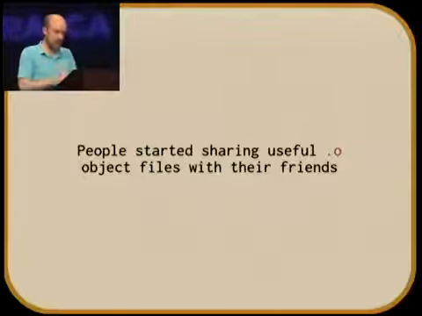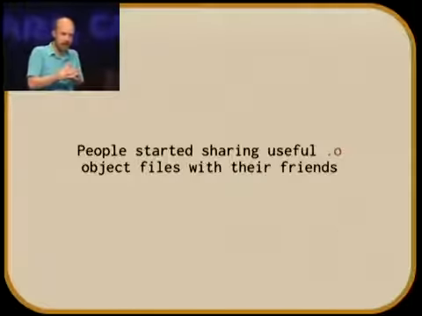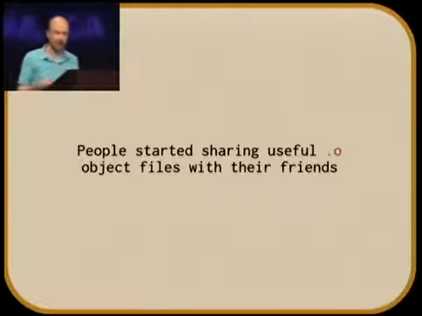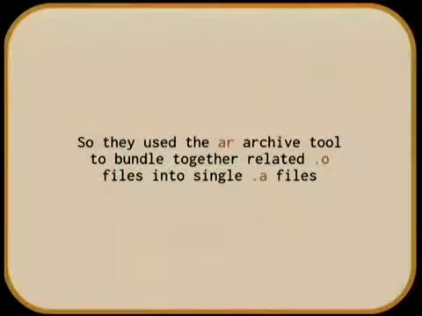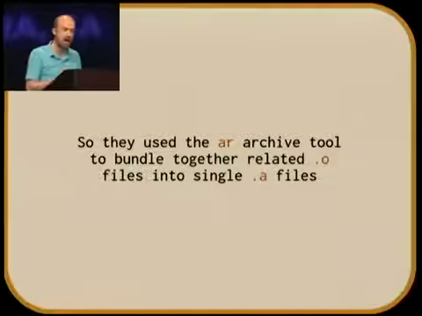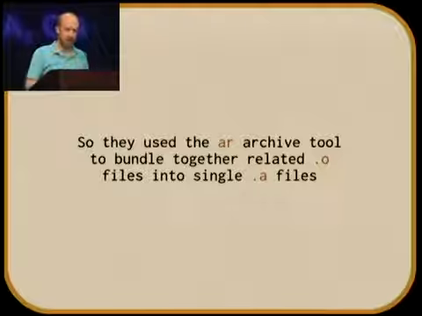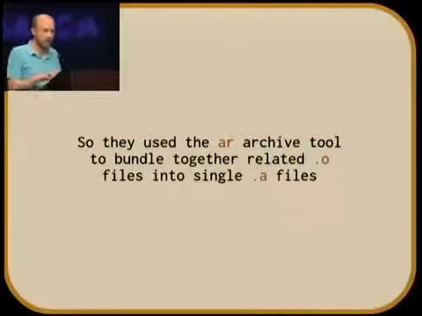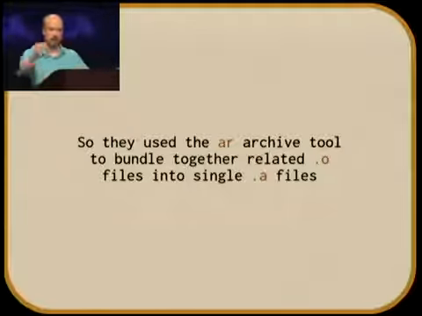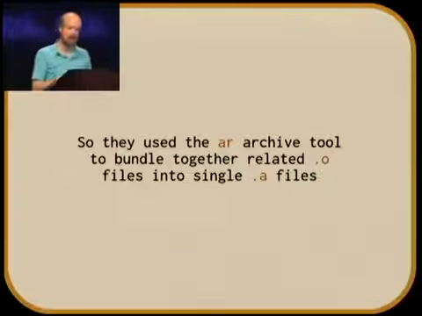People, at this point in history, now that they had this intermediate form, this .o file, started sharing useful .o files with their friends at Bell Labs. And these quickly grew into collections. No problem, just like we have zip files and tar archives today, they actually had an archive tool back then in 1971. It was called AR, and so they would use the archive tool to bundle together a bunch of .o files into